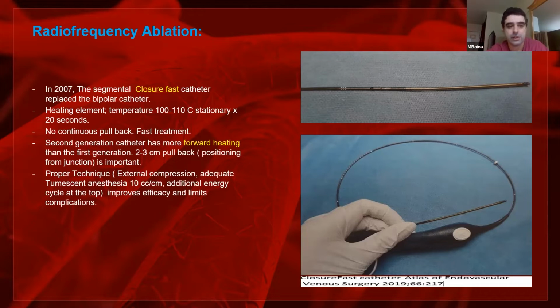However, with the second generation catheter, there is an element of forward heating. That's why placing the tip of the catheter 3 centimeters from the junction is very important. It is important to follow proper technique with RF ablation